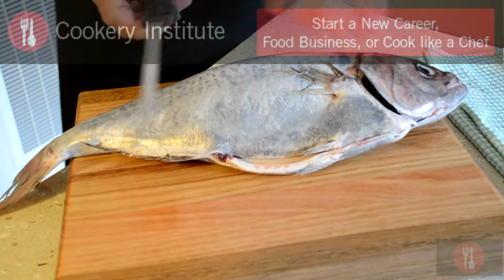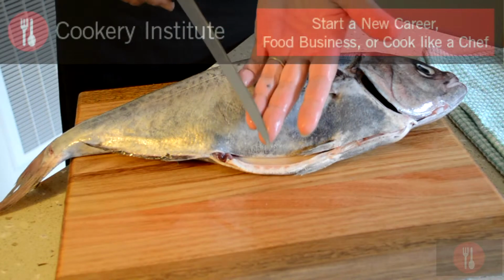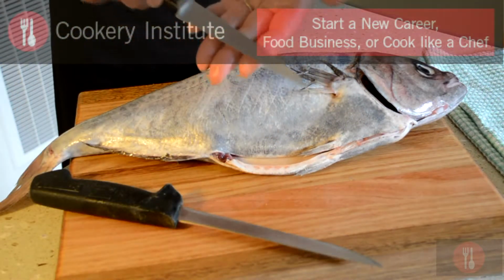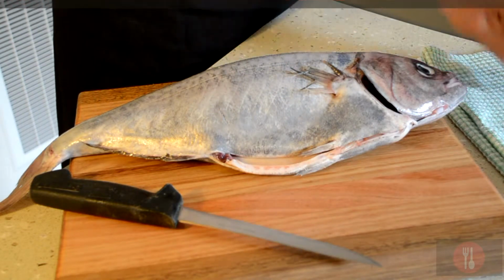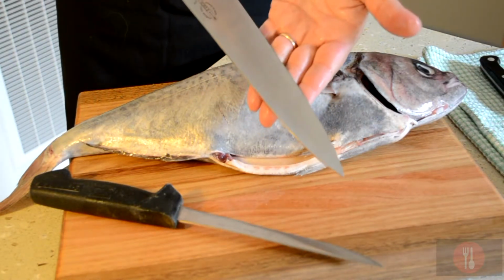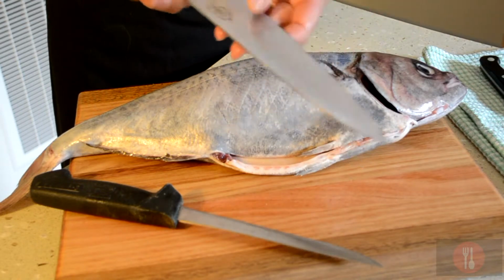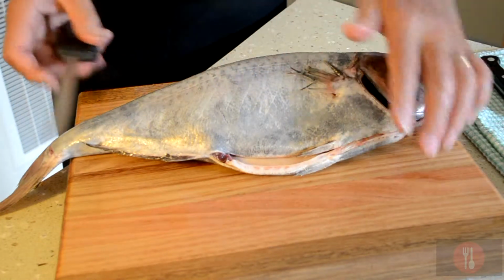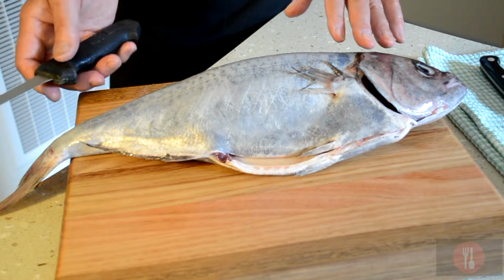So for filleting a fish, the best knife to use for that is the fish filleting knife. If you haven't got one of these, just the chef's utility knife will work quite well. And if you haven't got that, the large chef's knife will work, but it's not as practical to use as the filleting knife. Now, we can lay that fish down, with the tail to your right hand side,